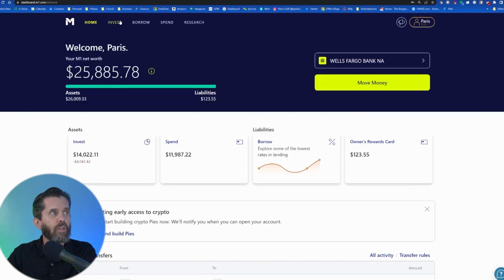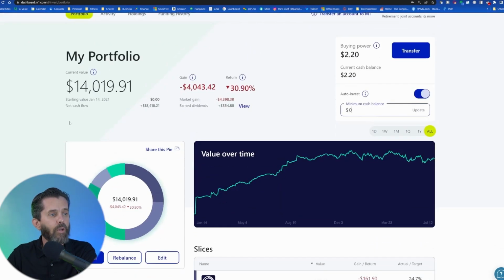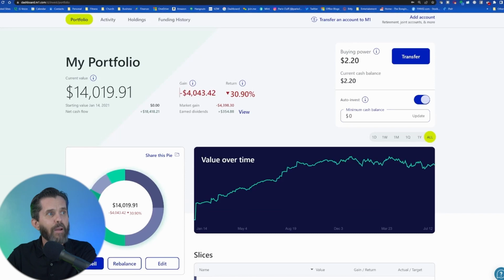So let's take a look here really quickly at my portfolio. As you can see, right now my market gains are minus 4,000, so I'm down almost 31%. Well, with dollar cost averaging, is that good or bad? Answer in the comments below. When the market is going down and you're in a dollar cost averaging strategy, is it time to buy or time to sell? If you've been following along and paying attention and you've been understanding this correctly, you'll know that